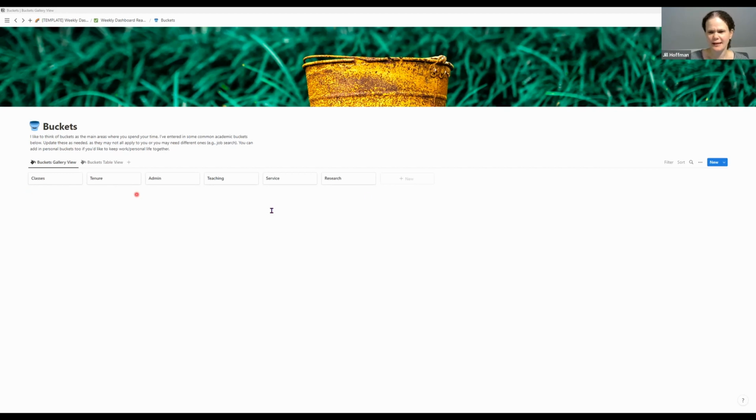And there's two views, there's gallery view here. And for me, as a faculty member, I would use tenure, admin, teaching, service, and research. And I did not use Notion as a grad student. I don't know if Notion was around when I was a grad student, but perhaps it was. I didn't know about it then, but